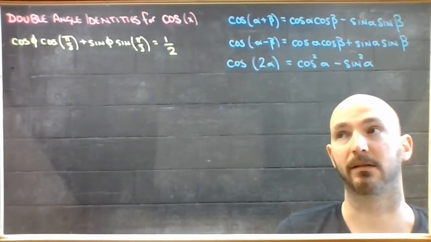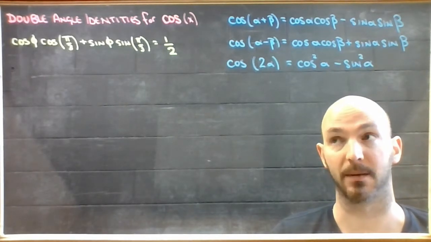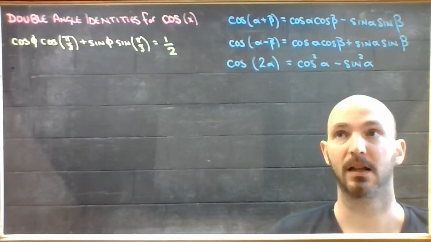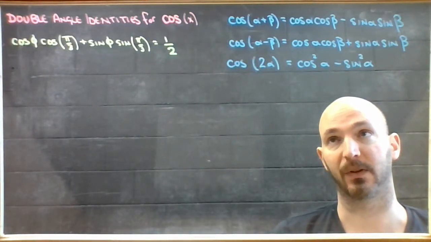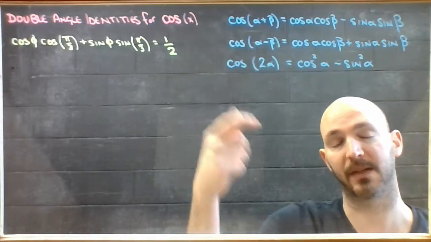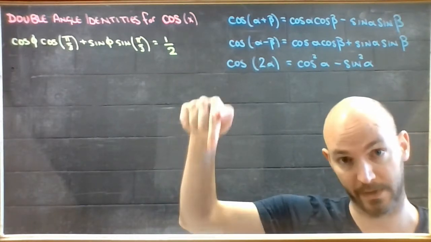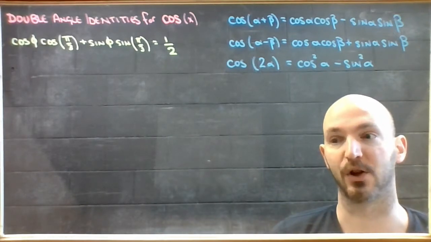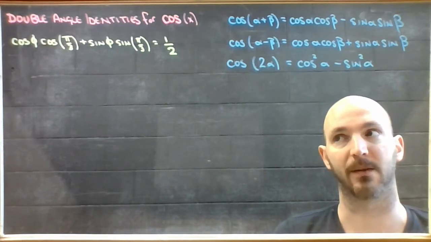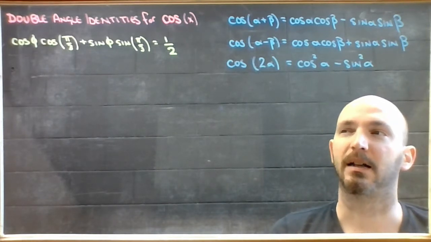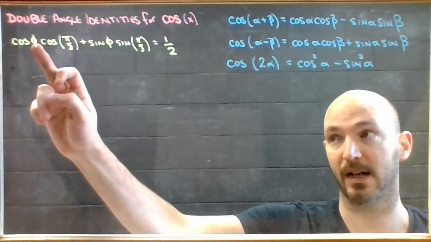The double angle identities for cosine are very similar to what we were doing for the double angle identities for sine. We just have a new toolkit to use. So I've got them all listed up there, and just like the double angle identities for sine, if you scroll down below the video, there's notes that show you a full derivation of these three things and where they come from. So basically the idea is I have a structure again with a cosine of an angle and a sine